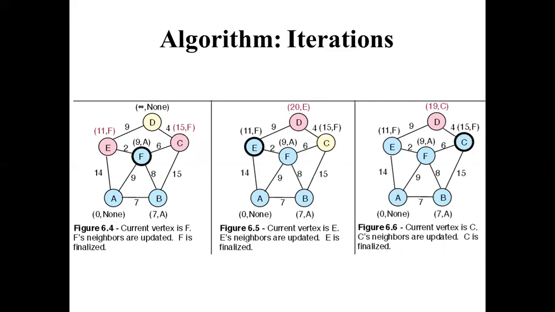But if we go from A to E via node F, then the cost is 11. 9 plus 2 gives us 11. So near E, I have written 11 comma F. Going ahead,